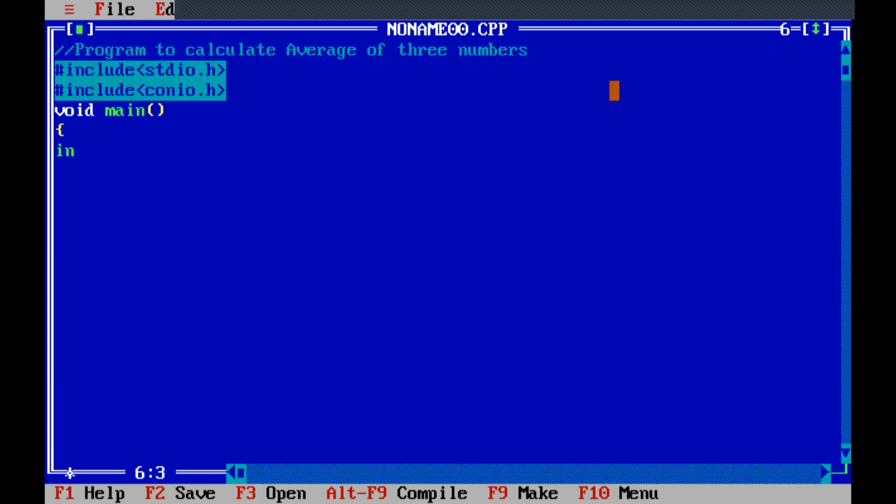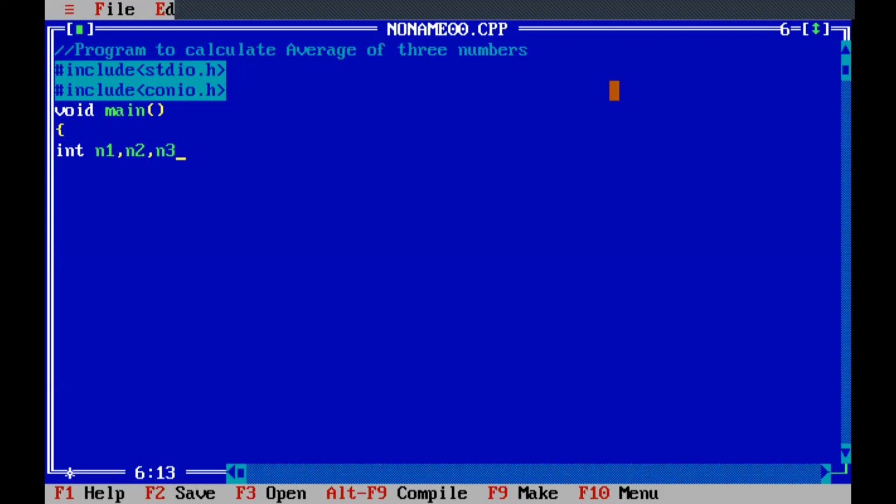So I'm going to declare three variables for storing three numbers. The first name is n1. Here n1 simply means a variable. You will study variables in Java also, and you will use these variables in your Java programs. But now I am using them in C programming. So here n1, n2, and n3.